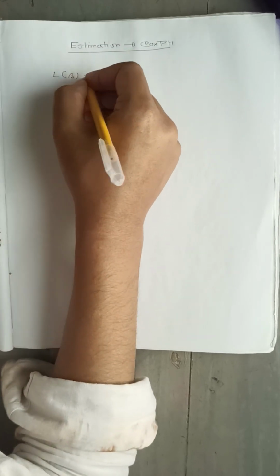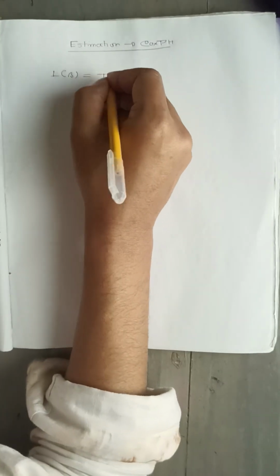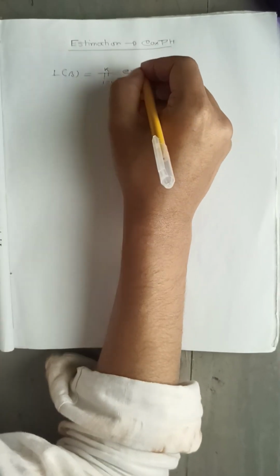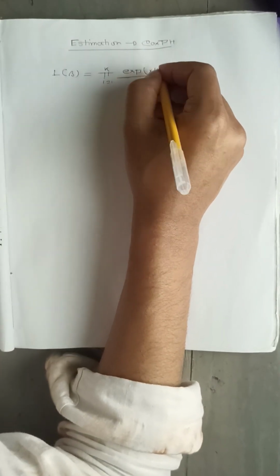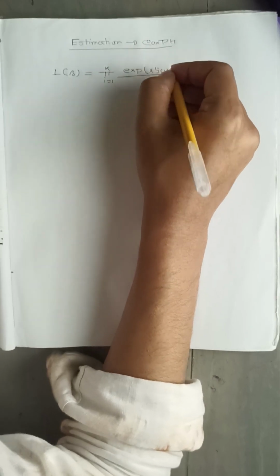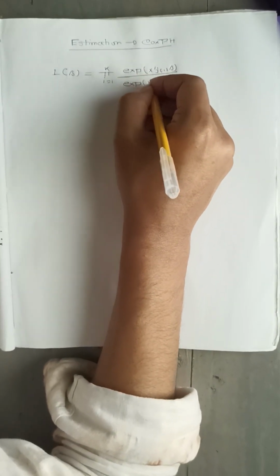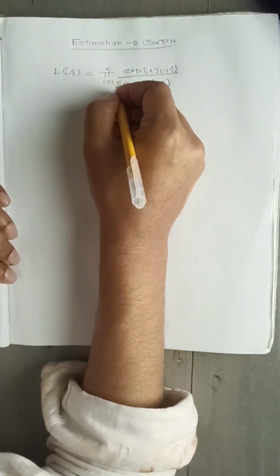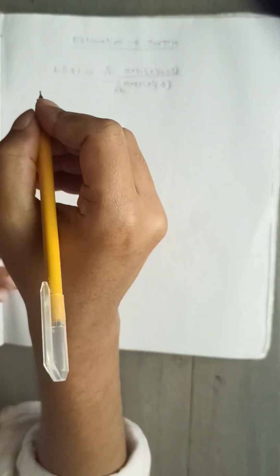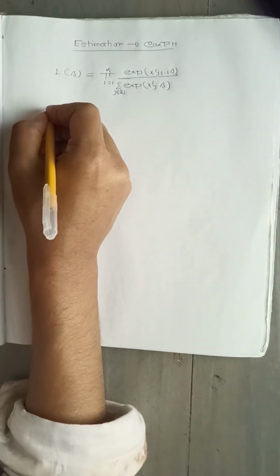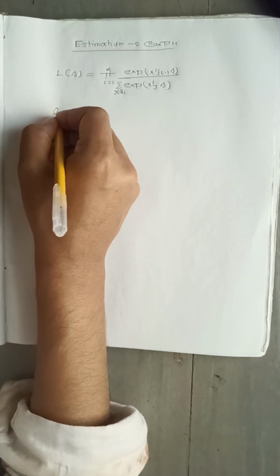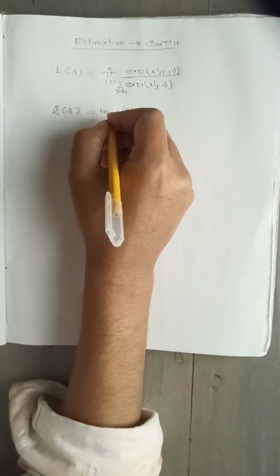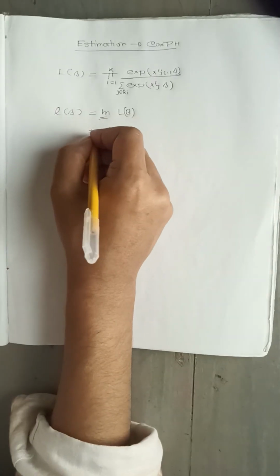L(β) is the likelihood function that we derived in the previous video. It is the product over i from 1 up to k of exp(x'_{j_i} β) divided by the sum of exp(x'_j β), where j belongs to R_i, the risk set. First of all, we have to take the e-based logarithm. We have L(β), so we take the ln, and after that